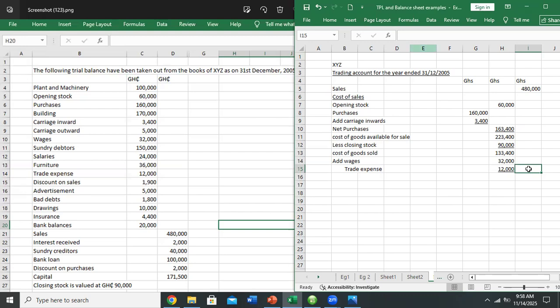Oh, Prof. Ajimai's calculator has got some problem. Okay, 177,400. Sorry, 77,400. Thank you. So we less that from the sales, and professors, are we going to get a gross profit or a gross loss? Professor Josephine, are we getting a gross profit or a gross loss? Please, gross profit, simply because the sales is more than the cost of sales. And Professor Ajimai, how much are we getting for that?